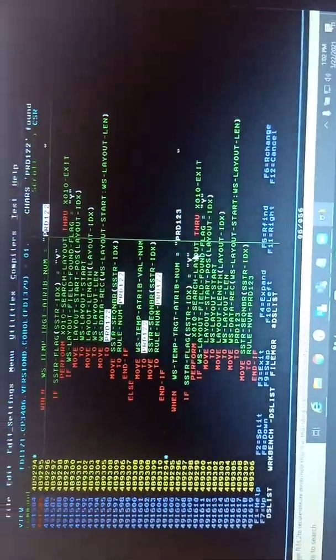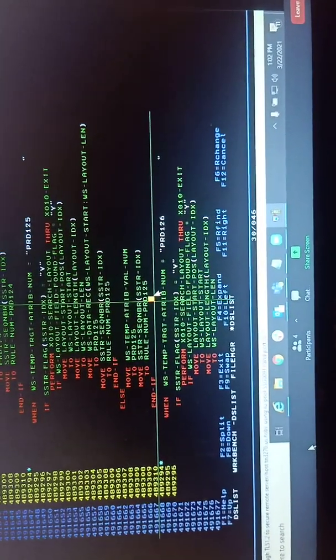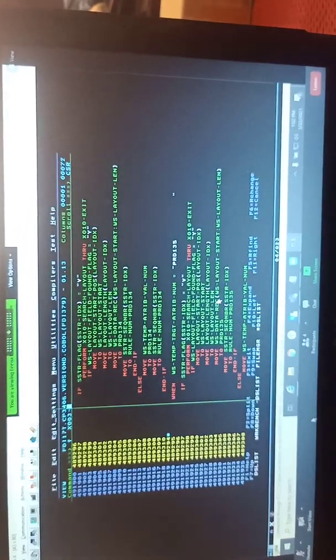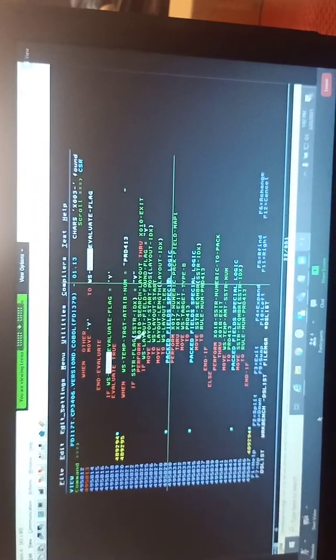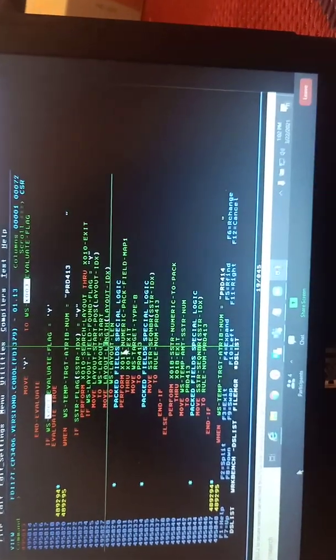So PRD122 is my last field, right, in my copybook. So from this I'll just delete everything. But in this para, maybe it is there in some other para as well. So you just have to keep that track. Okay. Now this is very big actually. Okay, so remove this code as well, okay, because this has many more than 250 fields. That's why we have to keep 2 evaluates. So you can remove this too. Okay.